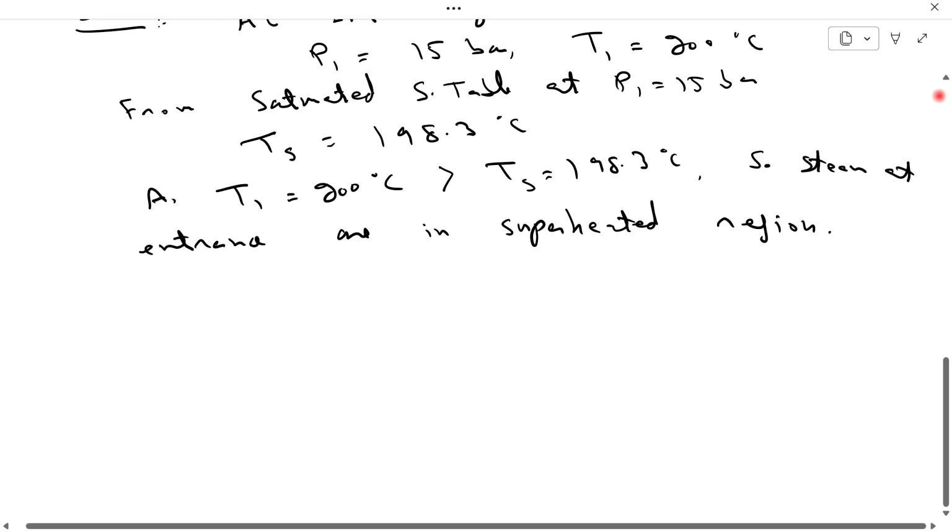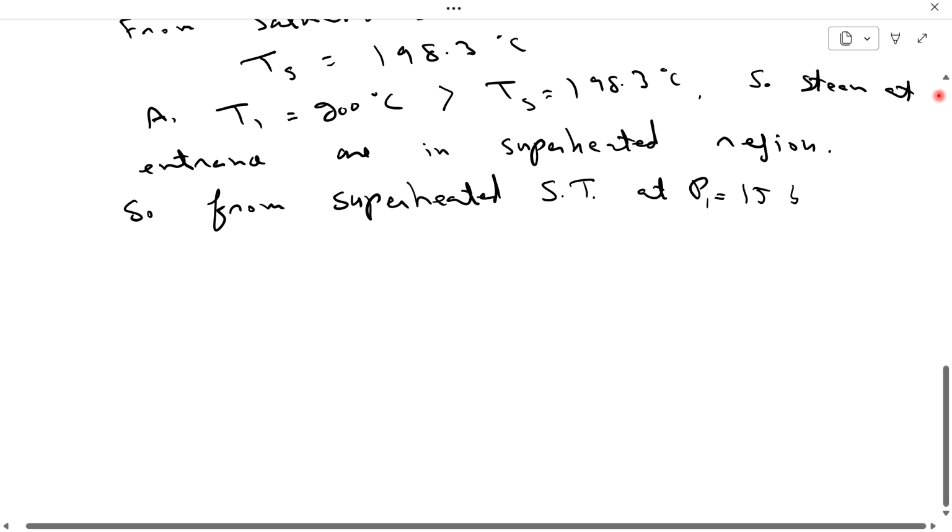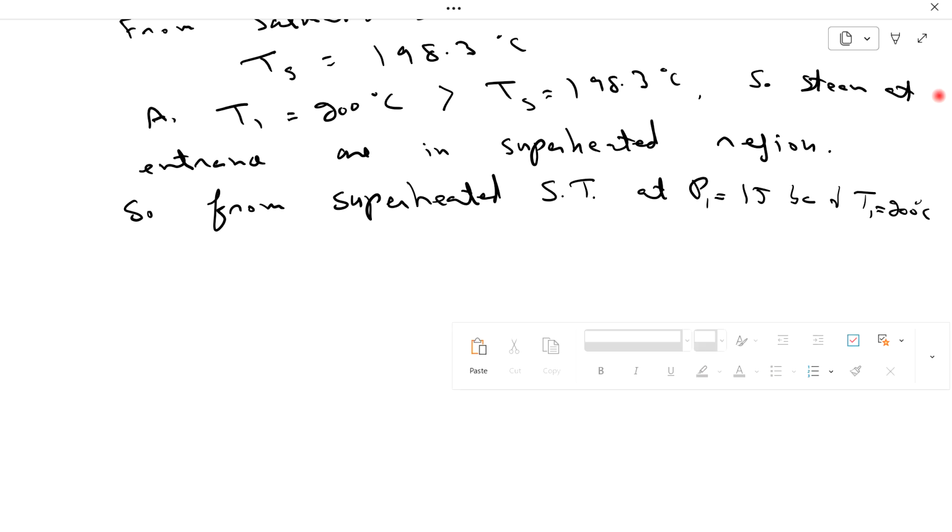So we will use the superheated steam table to find H1 and S1. From the superheated steam table, at pressure equal to 15 bar and temperature T1 equal to 200 degrees centigrade,